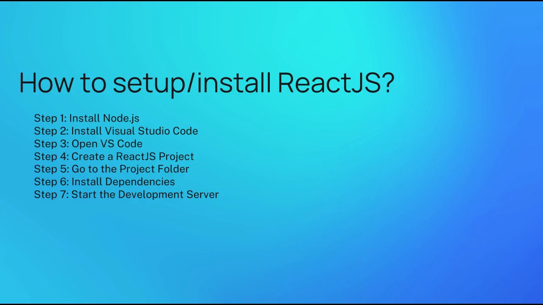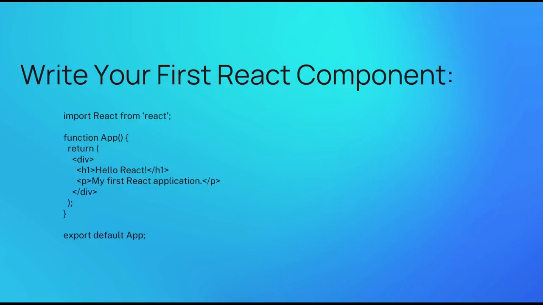Step 1. Install Node.js. Step 2. Install Visual Studio Code. Step 3. Open VS Code. Step 4. Create a ReactJS project. Step 5. Go to the project folder. Step 6. Install dependencies. Step 7. Start the development server. After you create the React app, delete the code in app.js and enter the code you see